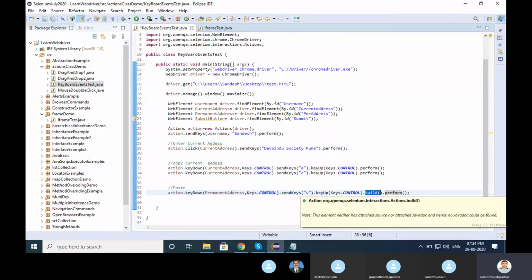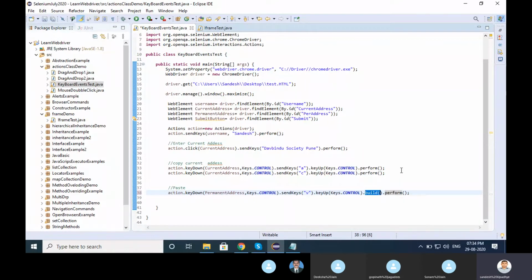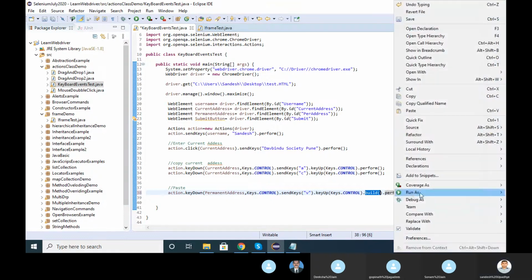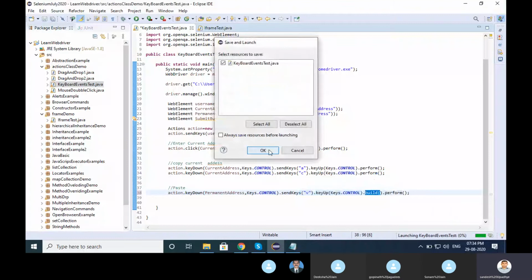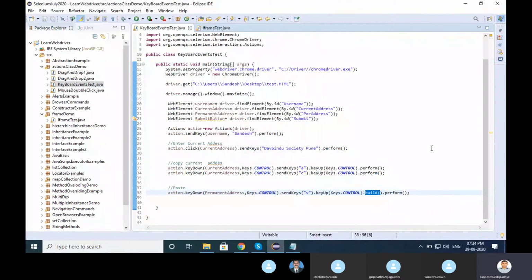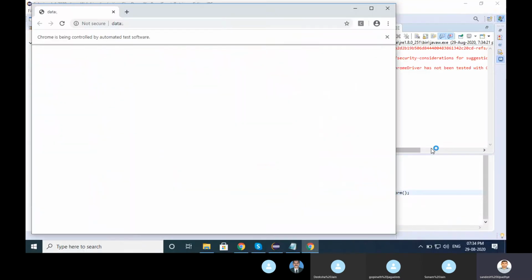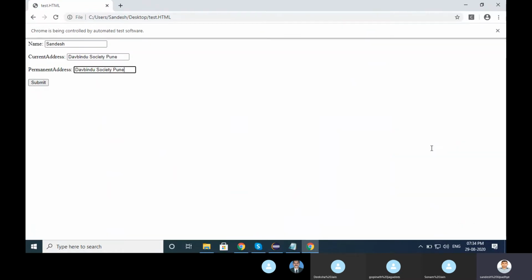Even if you are not using build, by default internally it will build that application as well. So here what I want to tell, these are the keyboard events when we want to use multiple keys, when we want to press the keyboard keys programmatically using Selenium. This way we can choose.